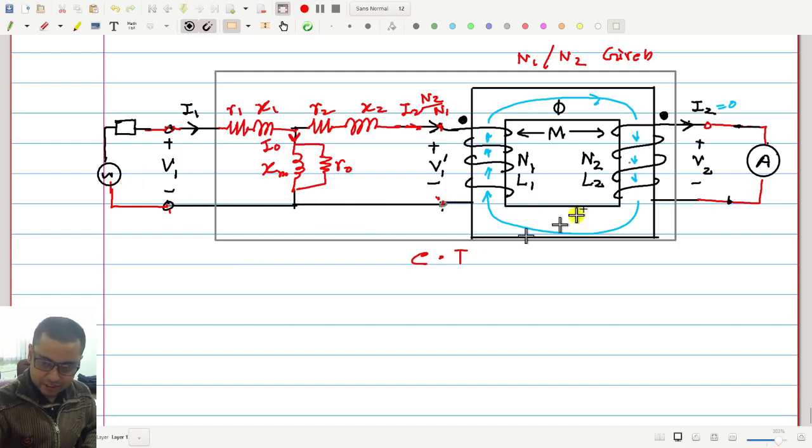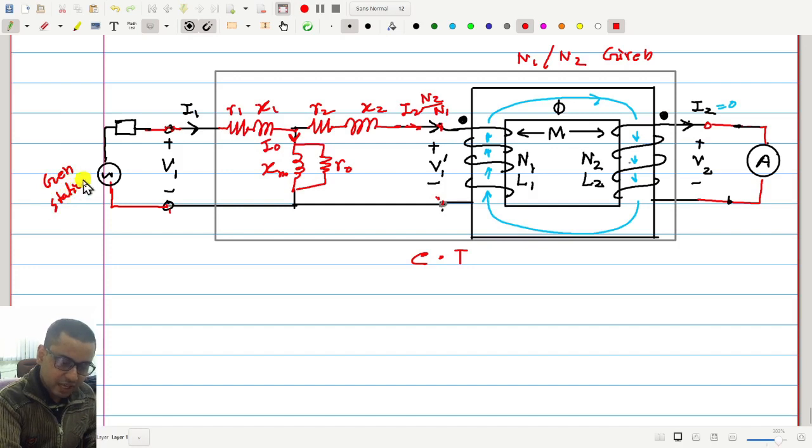So here is the transformer. The secondary has an ammeter. Other than the ammeter, we can also have protecting devices, relay, circuit breaker, those things. Suppose now we have an ammeter to measure the current, and in the primary side, this may be connected in series with a generating station, and then this is the load. This may be our house or a factory or something else. In series with this generator and the load, we have this measuring equipment, which is the current transformer together with the ammeter.